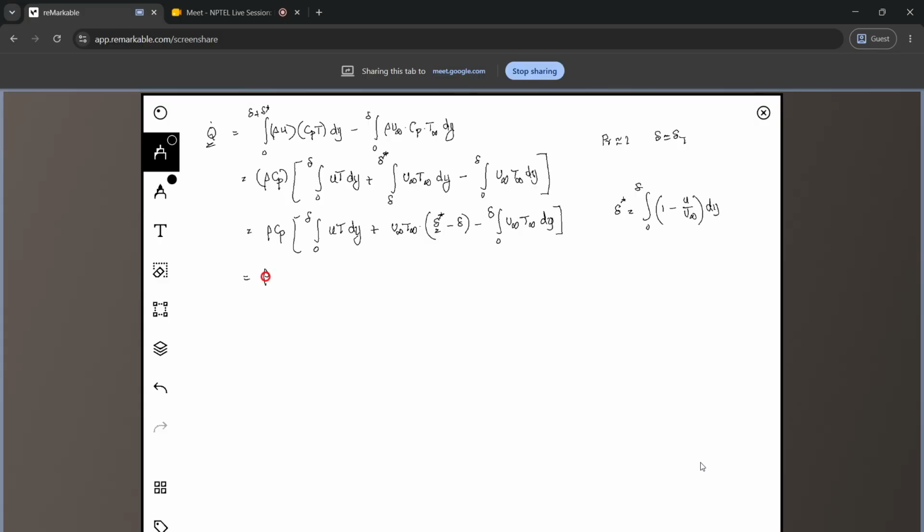So once you do that, you will get an expression of the kind where the q dot is given by, we call this theta star. Just like momentum thickness and displacement thickness, we have this additional quantity which we call theta star, and that we can obtain from this. So if we solve for theta star, we get